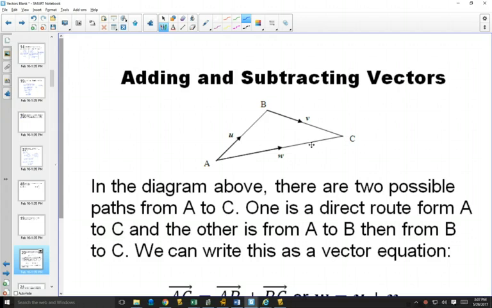Now we can start doing some math with vectors. So we learned how to add and subtract matrices. We know how to add and subtract numbers. How do we add and subtract vectors? So what you do is, if you were drawing two vectors